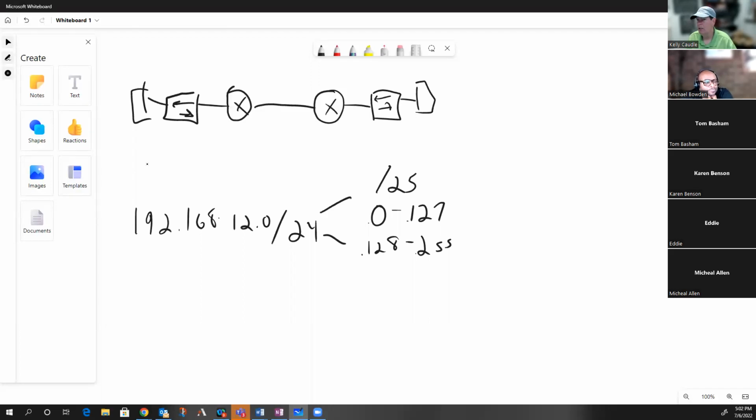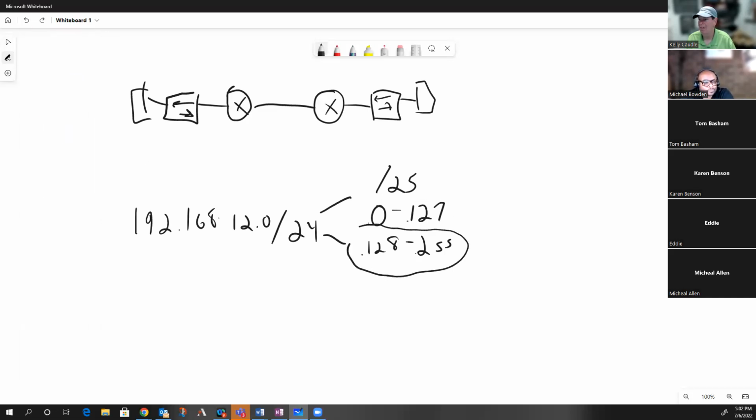Yes. Okay. So now I'm going to use one of these. I need to use one of these networks. So I'm going to take this network right here. Actually, I'm going to lie to you. I'm going to undo that. I'm going to take this network right here, and I'm going to put it on this interface right here. So on gig 0/0/1, I put the IP address